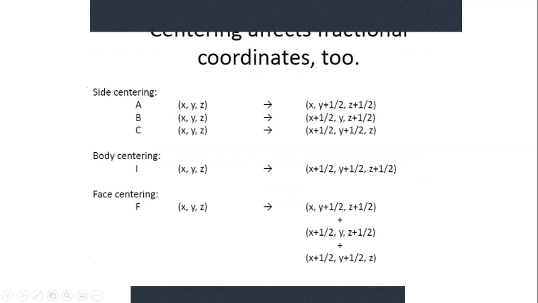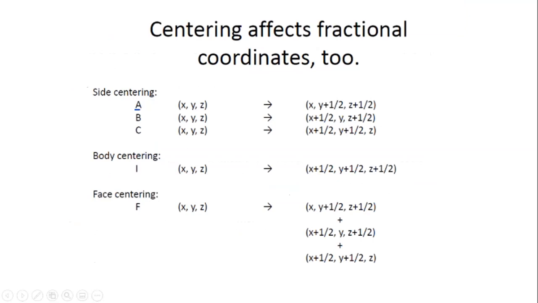Now, how do we center a set of coordinates? Well, that's what's shown here, and this is important. So if we're A centering, it means you add a half to the B and C coordinates. So whatever side centering you have, you're going to add 0.5 to the other sets of coordinates. So if it's A centering, you're going to add 0.5 to Y and Z. If it's B centering, you're going to add 0.5 to X and Z. So the side that you're centering, you're going to add a half to the other sets of coordinates. And then C centering, of course, you're going to add it to X and Y. And that's how you generate the